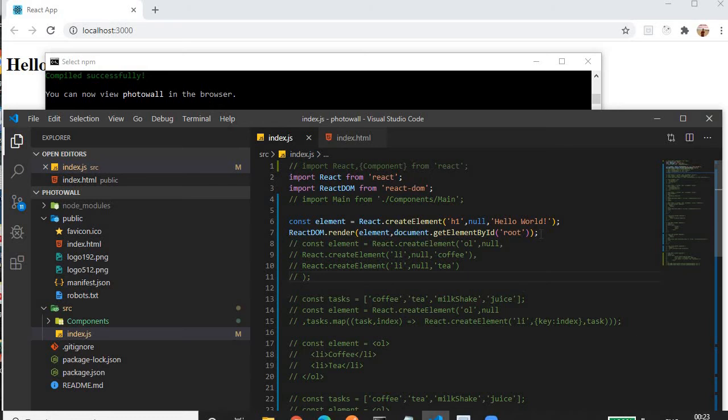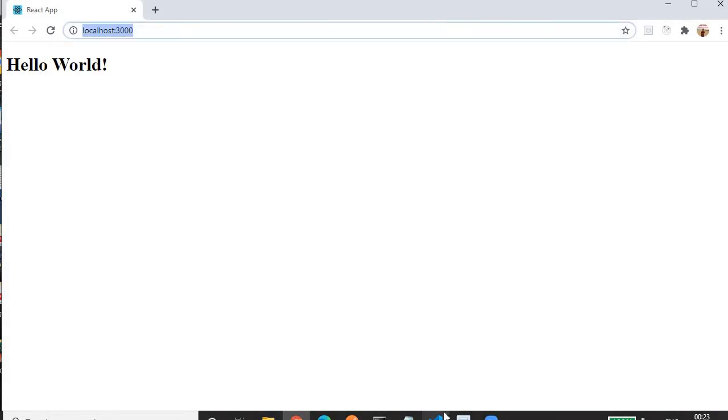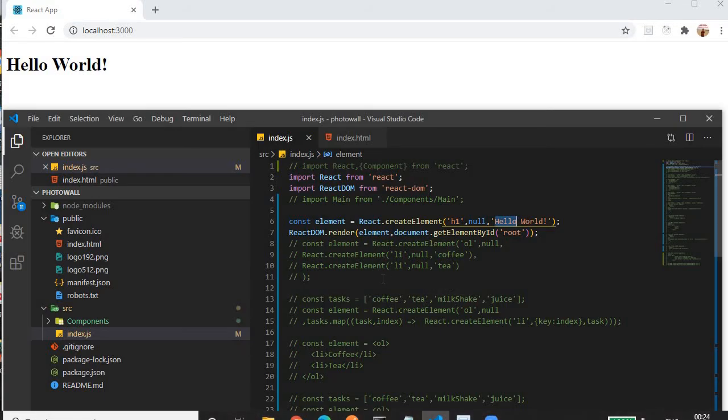So this is how we can create an element and attach content to that element using React.js. For creating an element we have to use React.createElement. Then we provide the element that we want to create, for instance the h1 element. Then we provide the props. If there are no props we want to provide, then provide a null value. We will come to props later. Then we provide the content for that element. Up to this point we have created the element, which is an object. You can consider the element as an object.